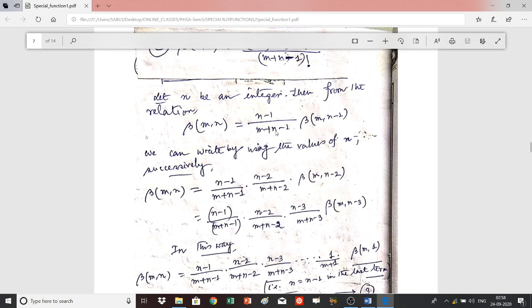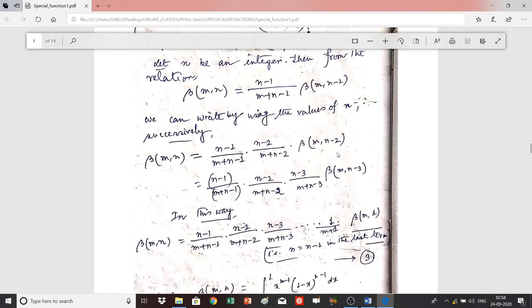So in this sense, you can write beta(m,n) is equal to (n minus 1) by (m plus n minus 1), then if you decrease n by another one, that will give you (n minus 2) by (m plus n minus 2) beta(m, n minus 2). Now if you wish to decrease n by another one, that will give you beta(m, n minus 3), and then all the terms, the first two